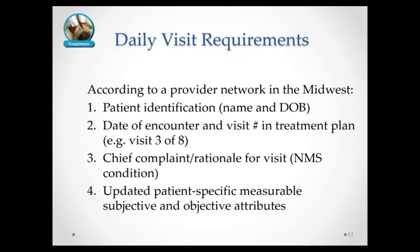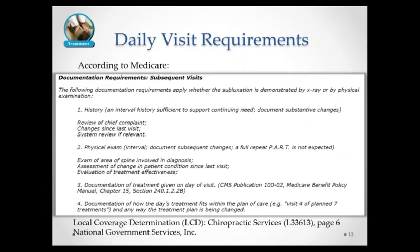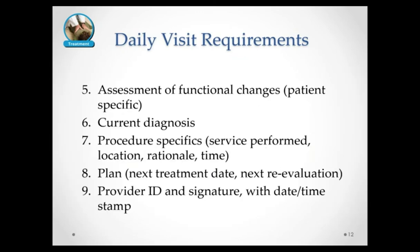So that's pretty loaded, but that's kind of the S and the O in a SOAP note. Patient-specific, not just generic stuff, but that patient has this, and the next patient may not have that same thing. So it's very important to make sure it's patient-specific and it's measurable, as measurable as possible. So rating the pain is one way to make it measurable. Objective attributes like degrees are measurable, and that's important. It's easier to track. And number 5 through 9 for this group is they want an assessment of functional changes